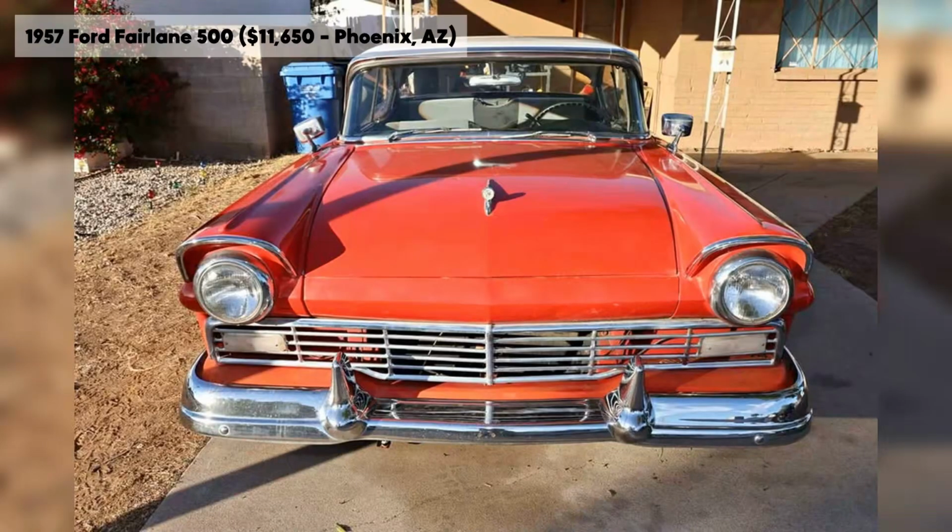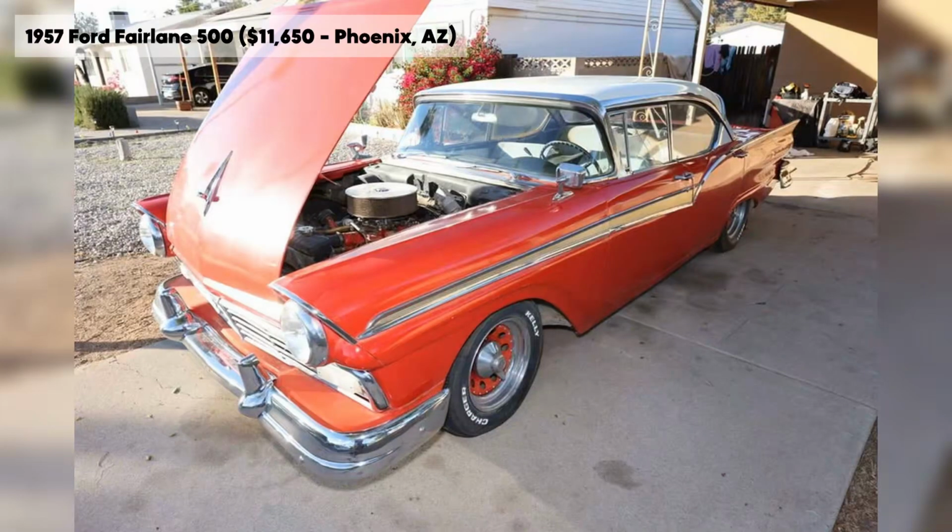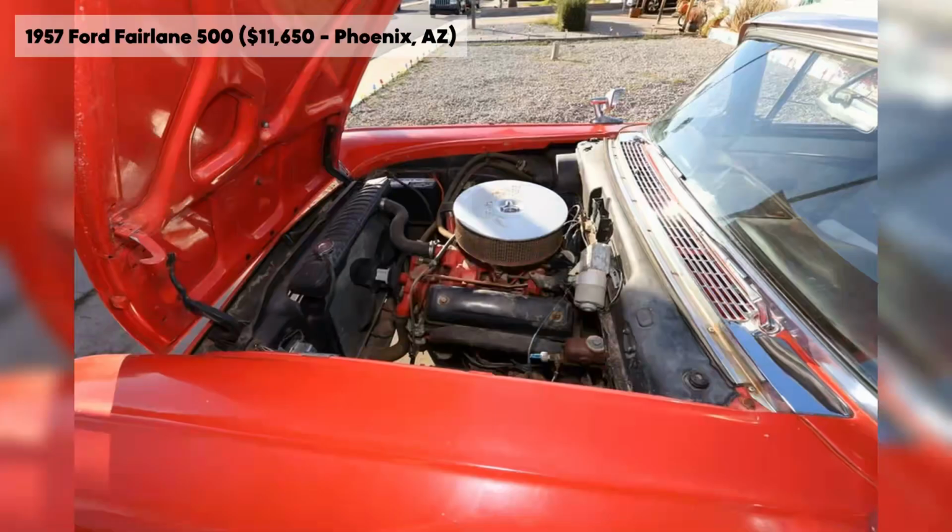Introducing the 1957 Ford Fairlane 500, a classic four-door hardtop that retains its matching numbers and original charm. With 55,000 miles driven, this vintage beauty features an automatic transmission, a striking red exterior paired with a black interior,